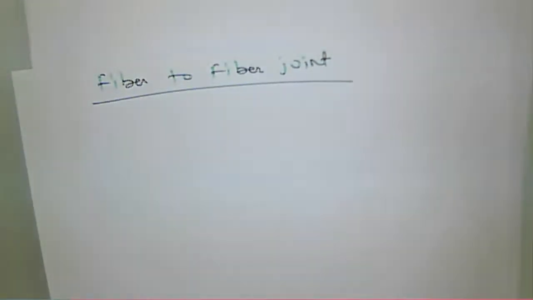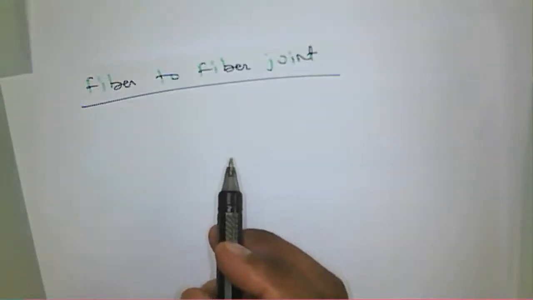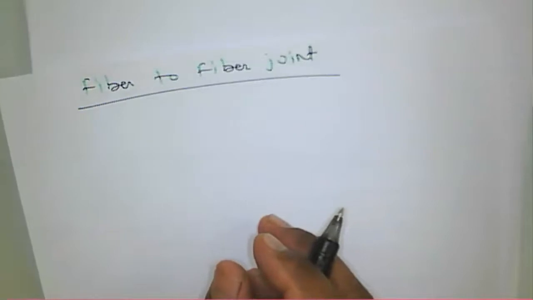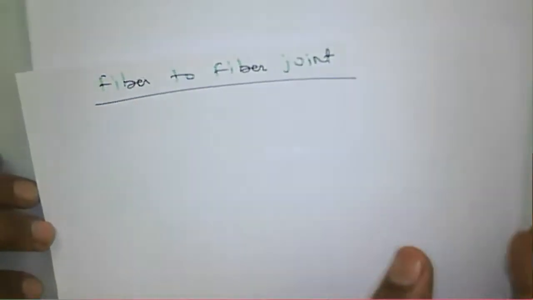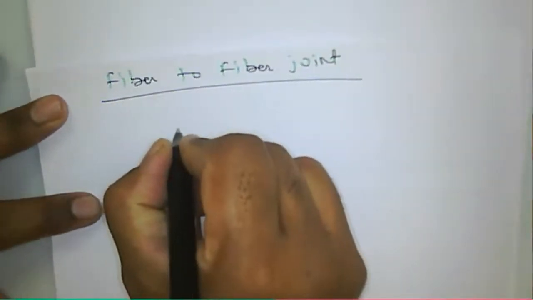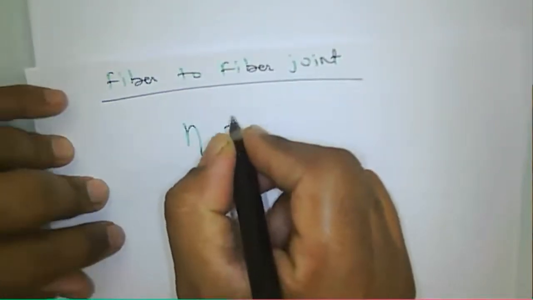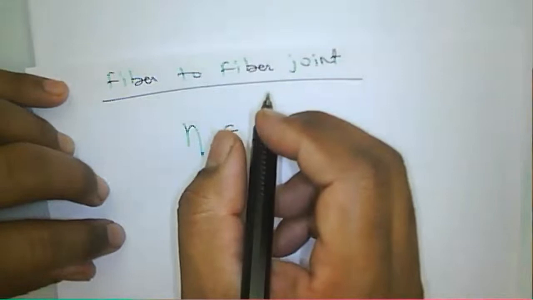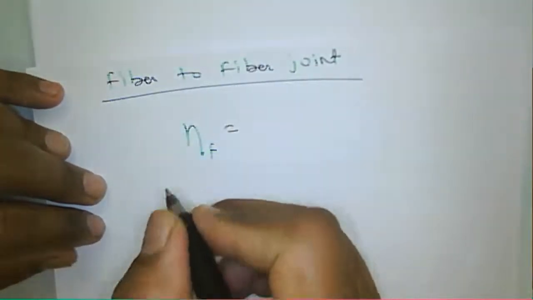Because we say that power launching is involved, now we need to know about fiber to fiber coupling. To couple the two fibers, we should know what the fiber to fiber coupling efficiency will be. Fiber to fiber coupling efficiency is equal to the number of emitting modes